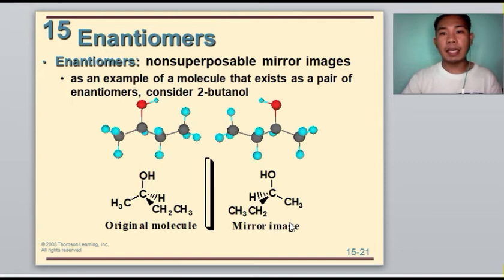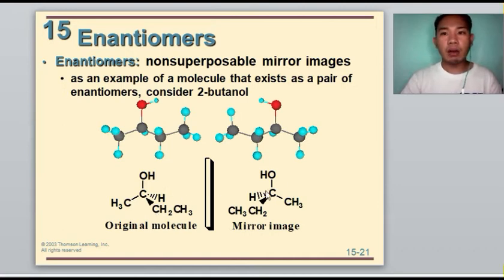On the right side is a mirror image of the original molecule along with a ball and stick model of the mirror image. Every molecule and, in fact, every object in the world around us has a mirror image. So the question now we need to ask is, what is the relationship between the original molecule of 2-butanol